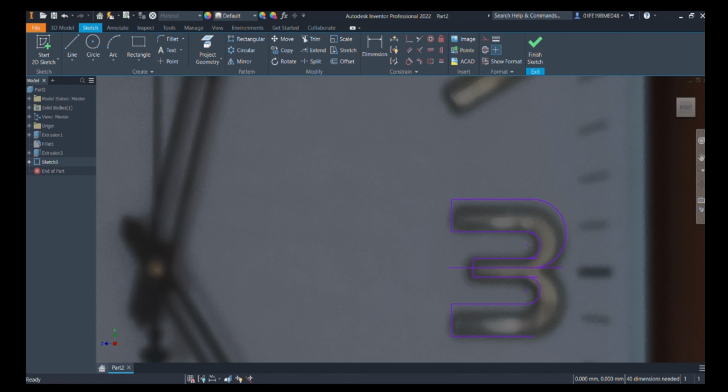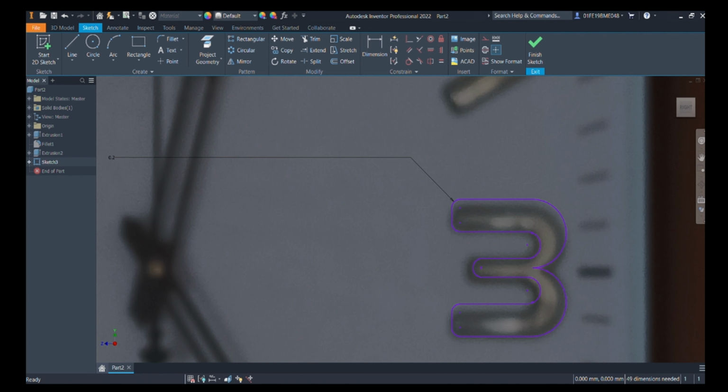So trim the extra portion which has appeared, since it will cause further complications during the extrusion operation. So just mirror the part, mirror it along this line which we have drawn. Yes, once we have done, we can see that it almost looks similar to the one in the picture. Now we will add a few more things like fillets. We will add some fillets to it. Again here also 0.1 or 0.2 will be fine.